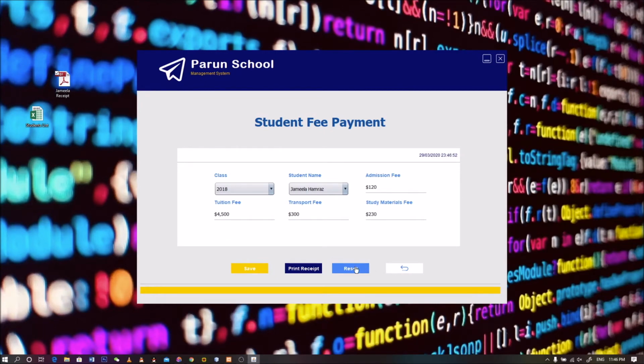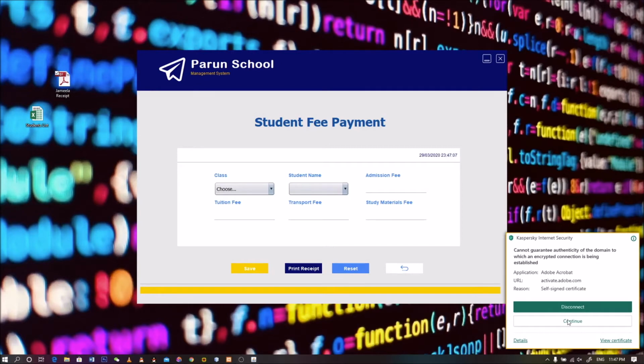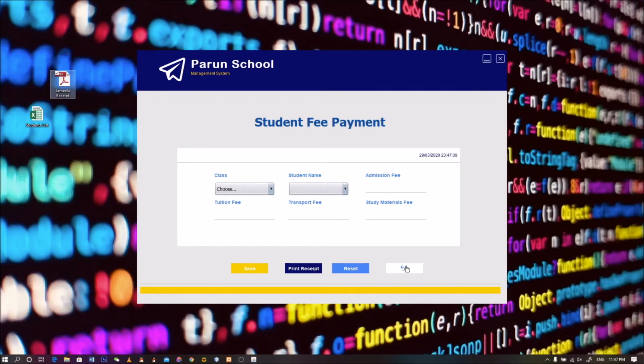If there are other students standing or waiting for their payment to be done, you just simply reset and it gets everything to the normal situation or the default page, and we'll go back to our